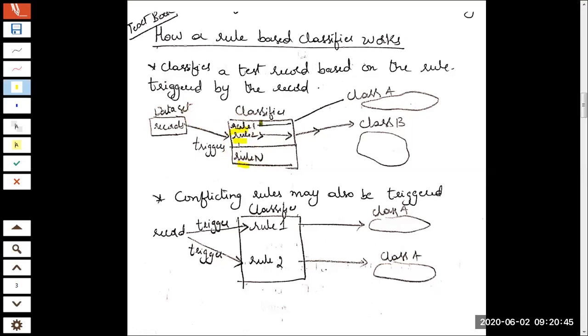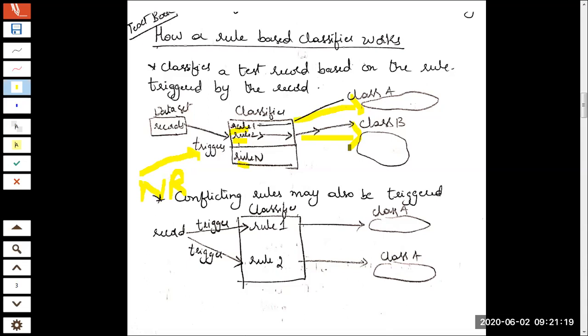Now what is the use of these rules? Given a new situation, a new data object, a new record, this classifier will be capable of deciding to which class this new record will go and sit. For example, you can see on the screen, I'm marking it as NR. The new record that was given as input to the classifier can be assigned to a class. Is it class A, class B, or is it a default class? So this was the discussion that we had in the previous class.